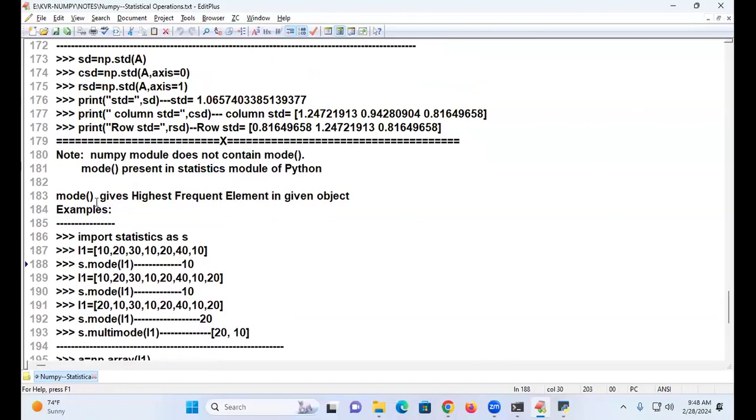Mode gives the highest frequent occurring element in a given object. That object may be an iterable object like a list, any traditional Python iterable object, or it can be an ND array object. So coming to the point of it,